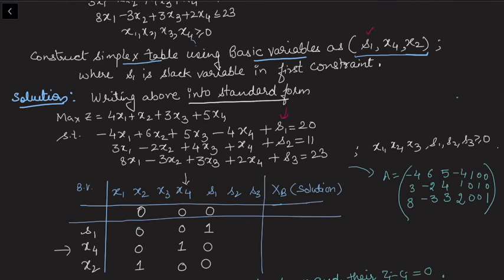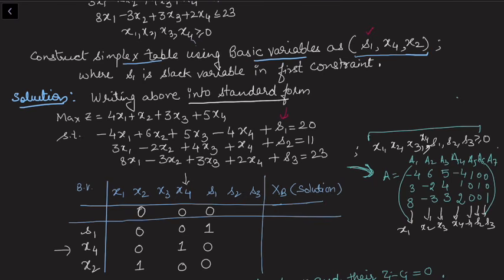Corresponding to this, we have this as the coefficient matrix, which I have denoted by capital A. These columns are A1, A2, A3, A4, A5, A6, A7. Yeah, X4 is missing here, so we must write X4 also. So there are a total of 7 variables. These are the columns corresponding to X1, X2, X3, X4, S1, S2 and S3. So these are the 7 columns that we have written from the constraints.